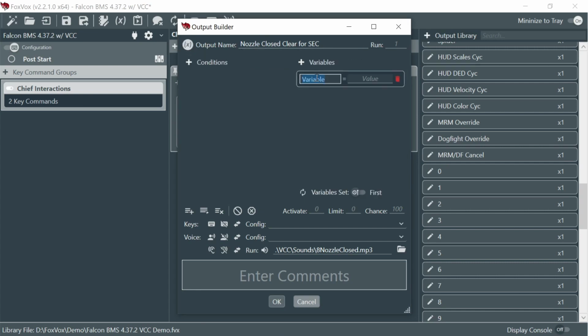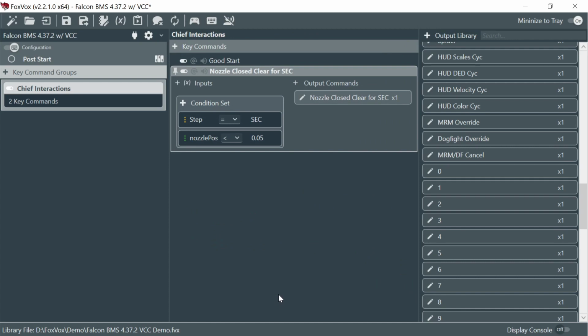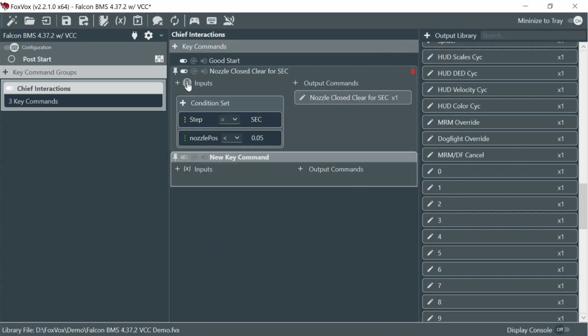Okay, and we're going to create a variable here, value for our step. We're going to increment it to nozzle open. With that one, and then we're going to create another command key